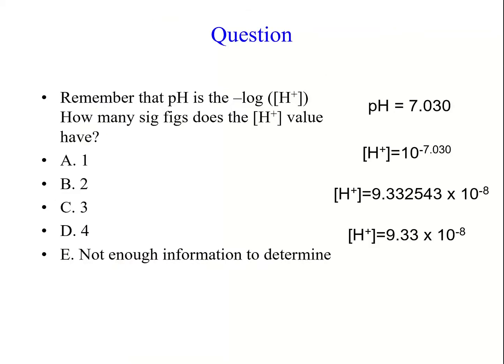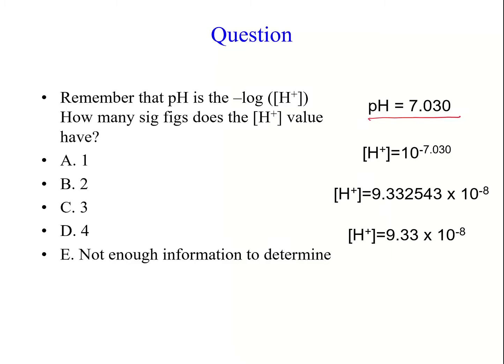Let's take a look at the example. Remember that the pH scale is actually a logarithmic scale, and pH is equal to the negative logarithm of the molar concentration of the H+ cations in solution. So how many significant figures does the molar concentration of H+ value have? The pH reported here is